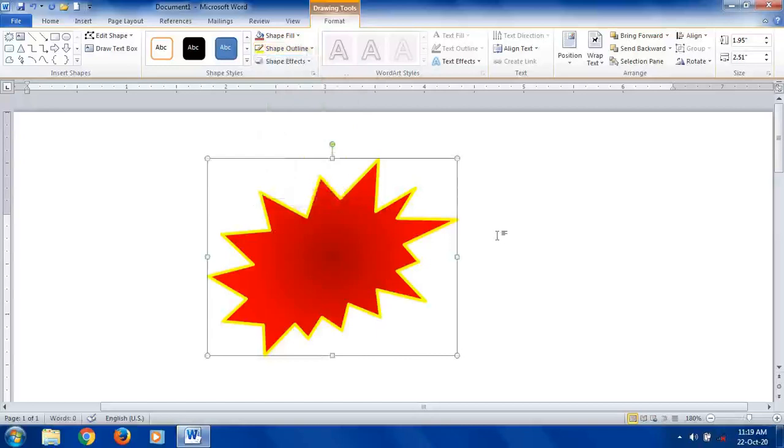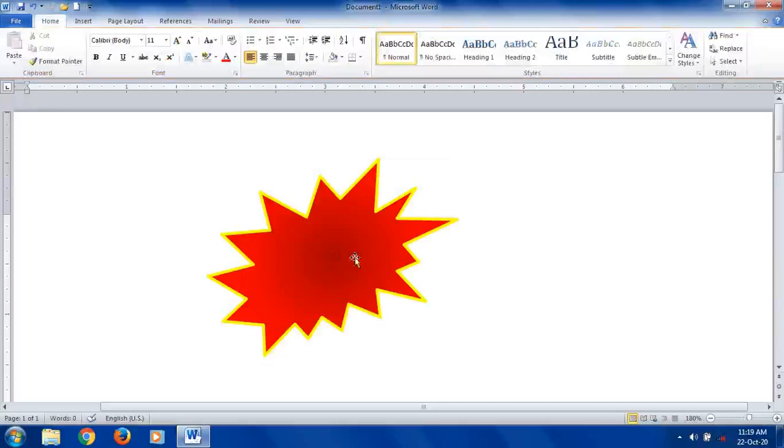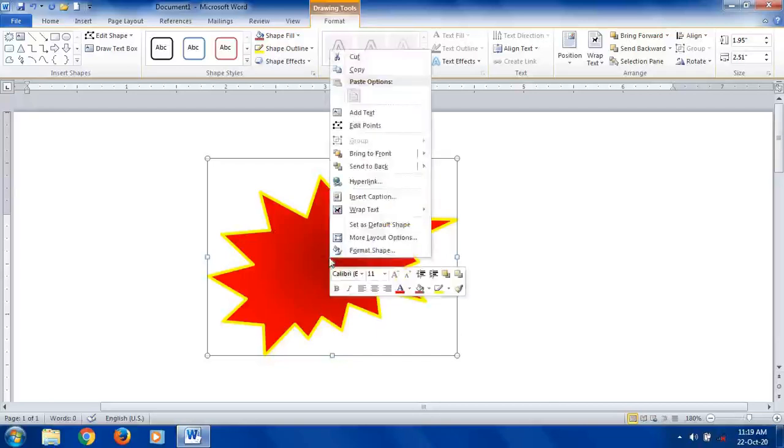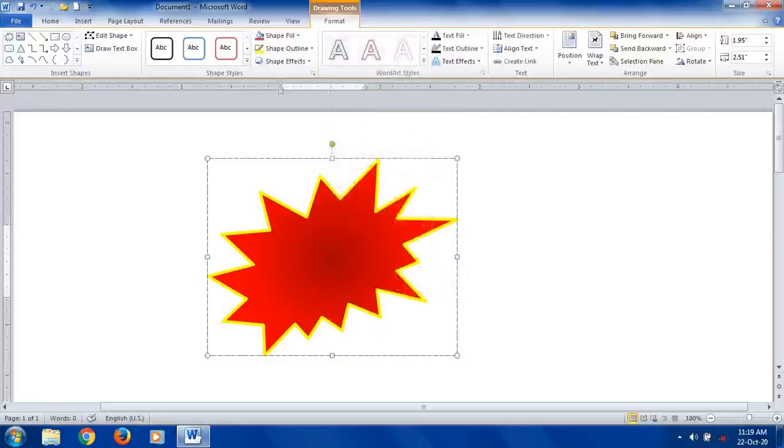So now the point is how we can insert the text in this shape. To insert the text in a shape, first select the shape. After selecting the shape, right click on this shape. When you right click, you will get the option Add Text. Select this Add Text option, then you will get the cursor inside this shape.